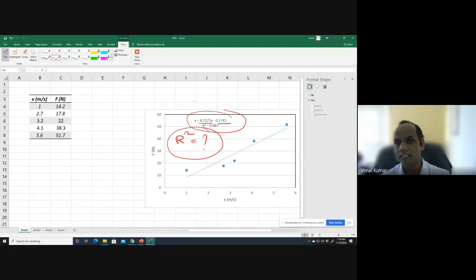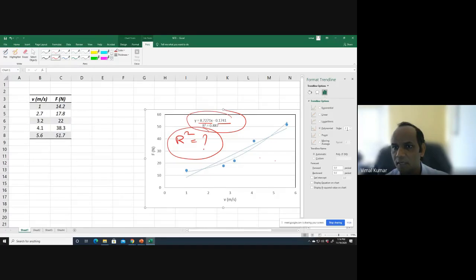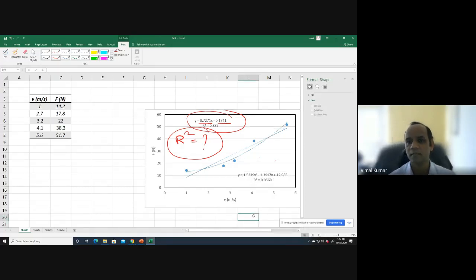Maybe one group will come with this linear fitting, another group will come with another scenario. Another group will come again with a trend line and then a polynomial of, let's say, 2 degree, that's a quadratic polynomial with this equation. So another group has come with this kind of fit. Okay, now if people know that the higher the R square value, the closer to 1, that is the best